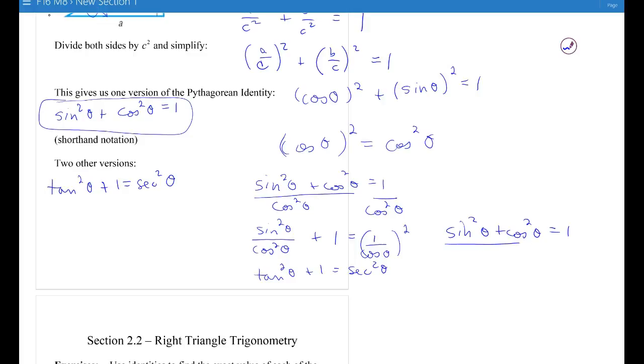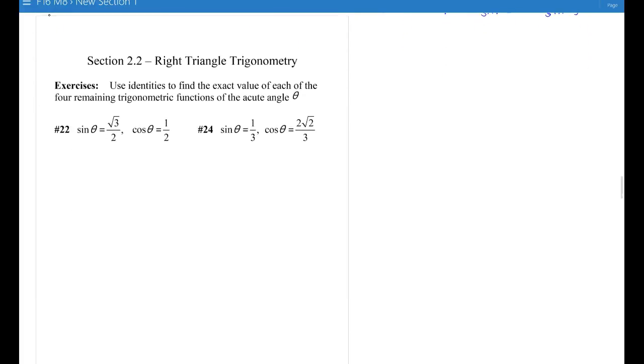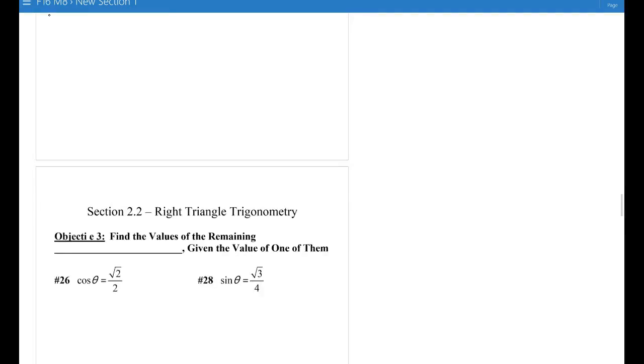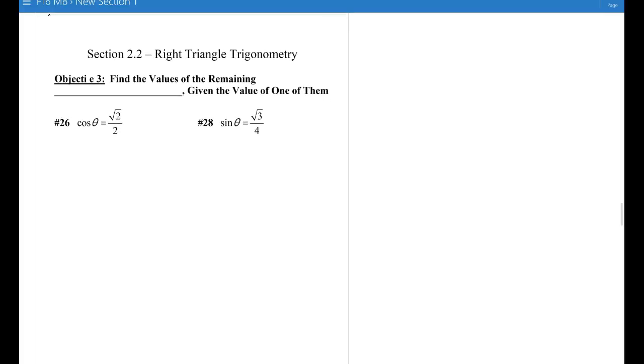So let's find the other variation of this by taking our Pythagorean identity and dividing both sides by sine squared theta. Then we're going to get 1 plus cosine squared over sine squared is 1 over sine theta quantity squared. So that gives us 1 plus cotangent squared of theta equals cosecant squared of theta. So make sure you're very familiar with these. I don't memorize these two, I remember how to get them. So make sure you work on memorizing those. So we'll do these problems in class together,